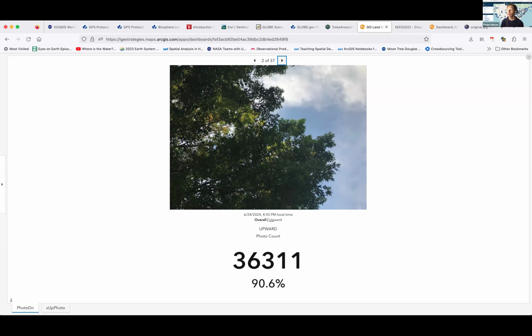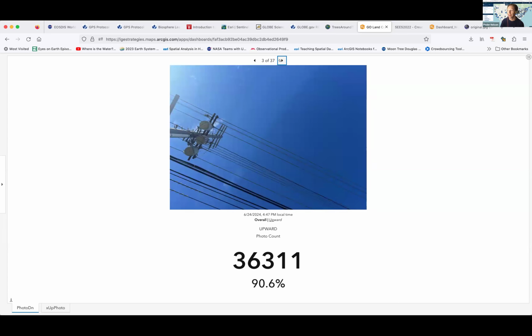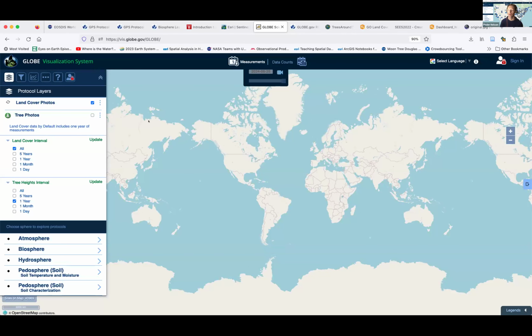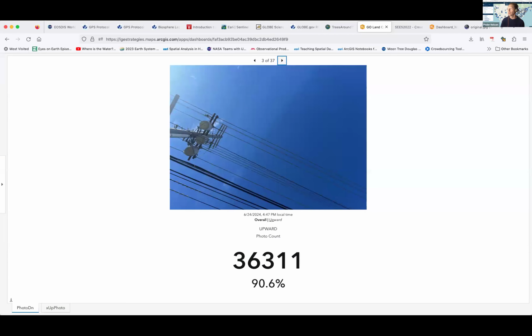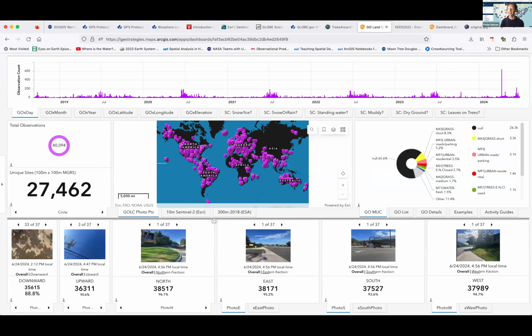Okay, so photos like this are really useful. But one of the things that we're really looking for is to be able to describe what we're seeing in them, and again, how that relates to what we see when we look at our maps or our satellite imagery on something like this. Okay, so I wanted to really spend a moment there, talking about the remote sensing that you're doing with photos like this.